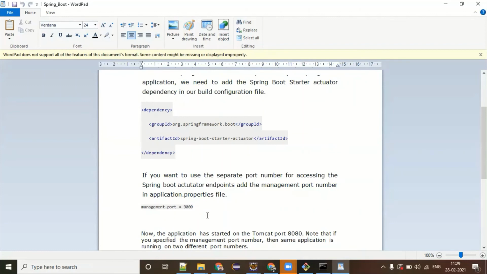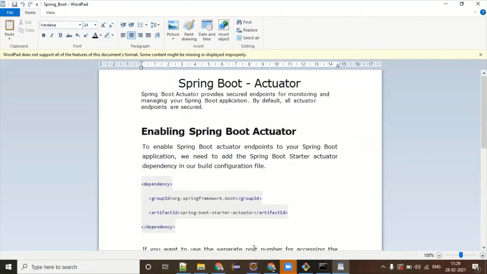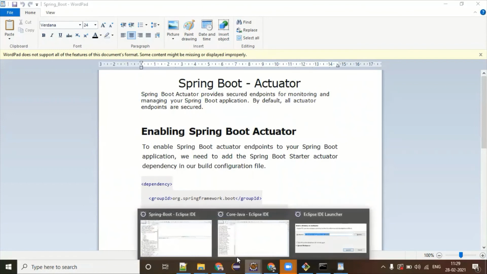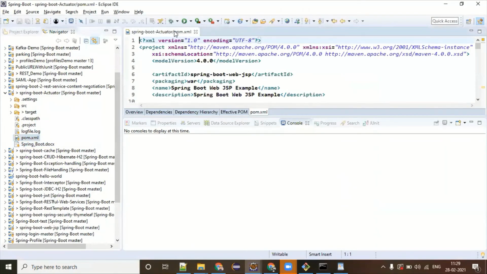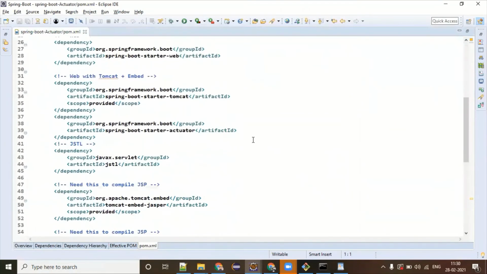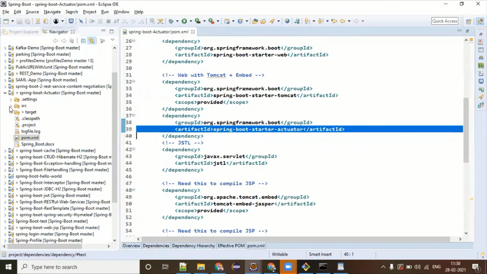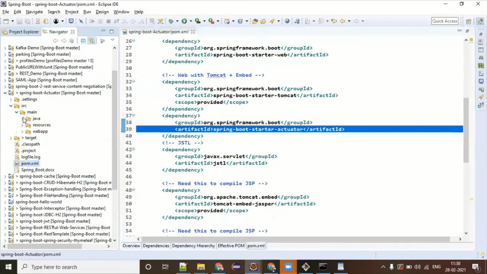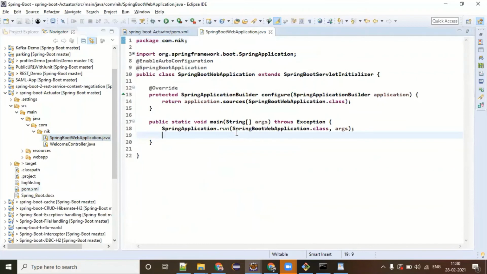There you can look into the endpoints. There is a huge list for this actuator. But yeah, this is how you can monitor it. So if you look at my application, what I have done is under actuator, I have just added one additional plugin on top of everything, the actuator. In the application itself, I don't have anything here. There is no configuration, no code change for this particular application. I'm having just a simple application.